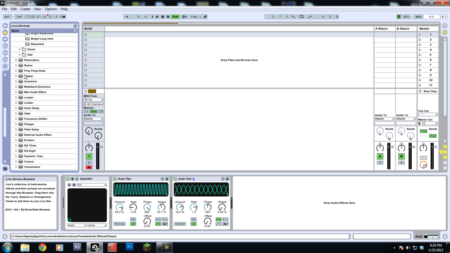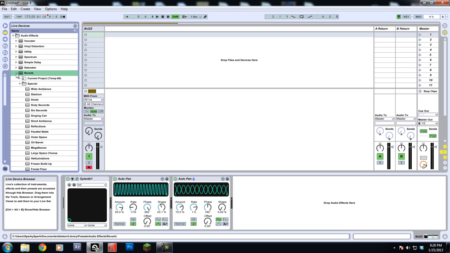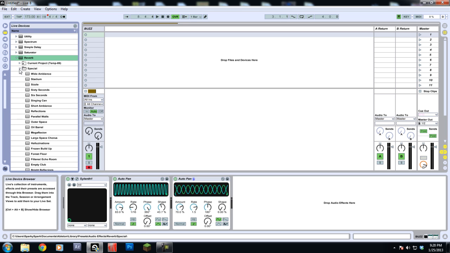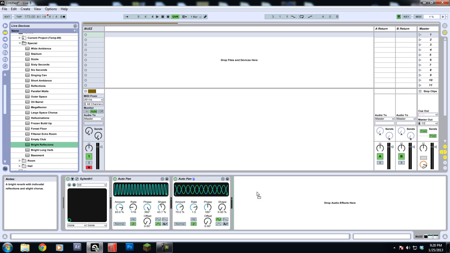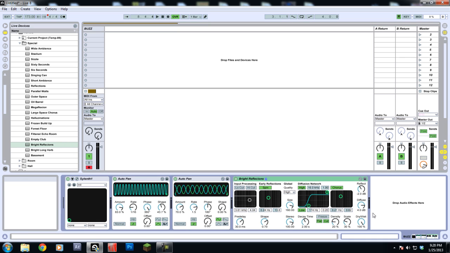Lastly, we're going to add the reverb that's going to give it the finishing touch and kind of fill out the space for the melody. So we're going to go into our reverb, and we're going to pull down this little drop down box. We're going to open up special, and we're going to drag in bright reflections, and we're going to make a couple changes to this. So the first thing we're going to do is we're going to turn off the pre-delay. Second, we're going to make the shape 0.78. We're going to make the dry wet 58%, make the reflection negative 1.8 decibels. The diffuse is going to be 1 decibel, and you're going to leave this network the same,